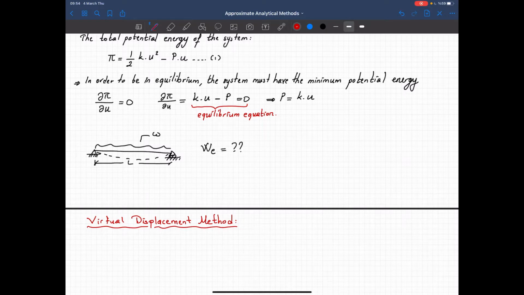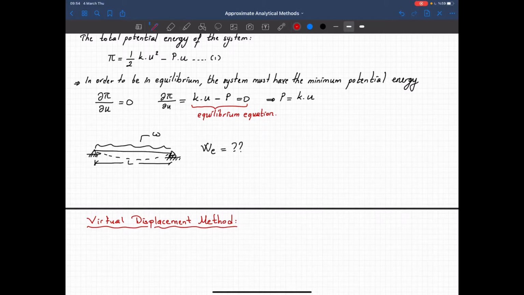And in that method I apply a virtual displacement, not an actual displacement, but a virtual one. And I can actually determine the displaced shape the way I want,